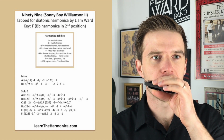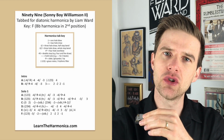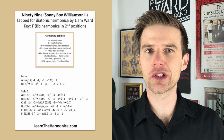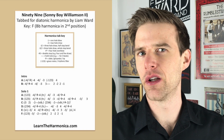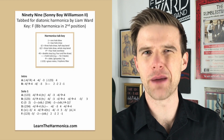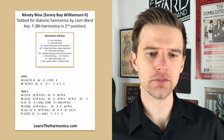just bends that down. If I slow that down, you're kind of bending down towards the bottom bend, 2 draw full step bend. Just that little texture at the end. Again, I call it rolling off the note. So that's not a key note of the melody. You're not trying to hit that 2 draw full step bend as a note. You're just bending away from the 2 draw natural note. Okay,